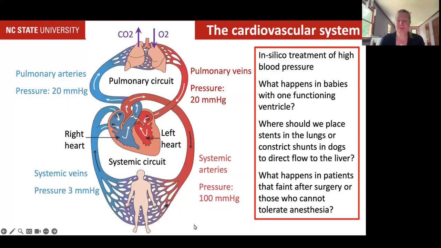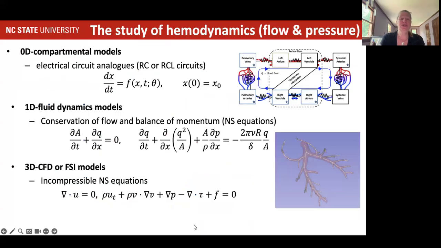studying that. Okay, so if we start with the first type of models, which are really based on studying fluid dynamics in some form or shape. The fluid dynamics could be solved in 3D, as CFD or FSI models. CFD means we are just using a tool calculating the fluids in 3D, but the wall is not moving. And if we say FSI, we mean fluid structure interaction, which means you're solving the 3D equations in a deformable